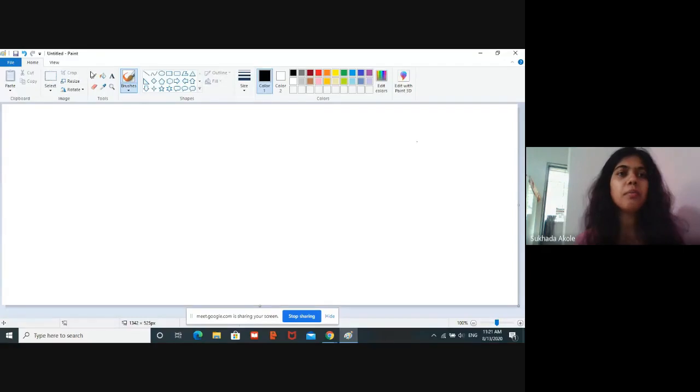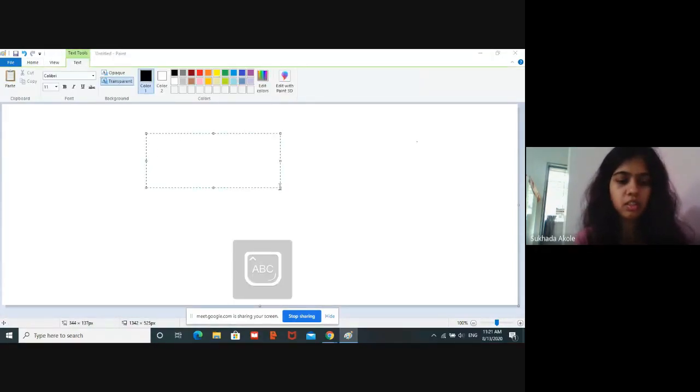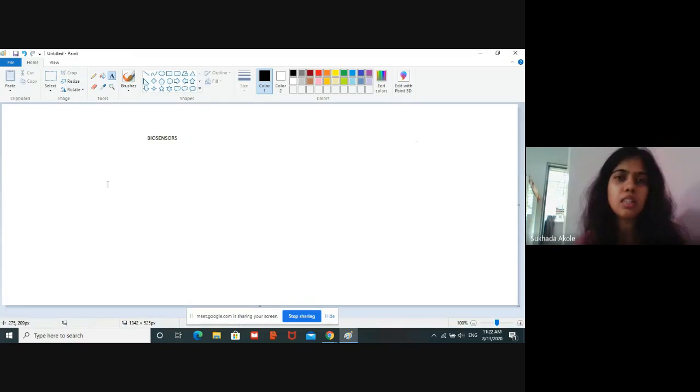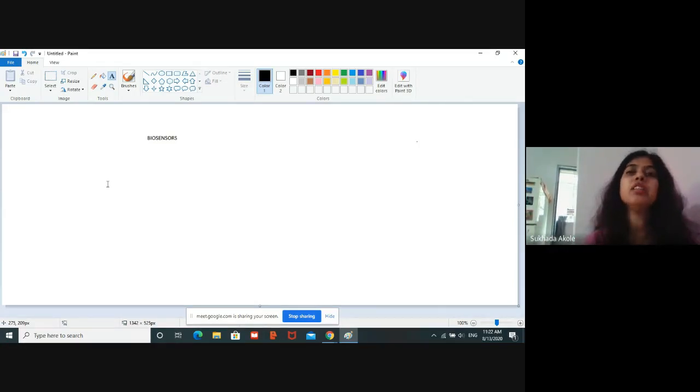So what we are talking about today is the formation, manufacture of biosensors. Now, why is it called a biosensor? Is because it contains a biological material which is used to sense the things. Now, what is that biological material? That can be your enzymes, organelles, whole cells, or two or three enzymes combined together on an inert surface.